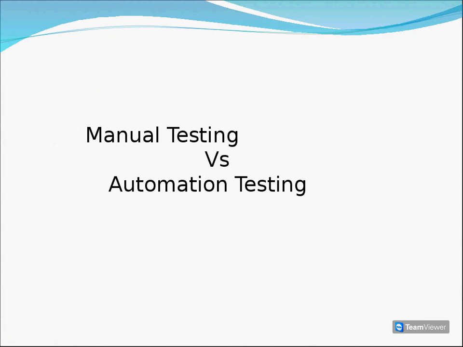Coming to manual testing versus automation testing. Whenever we mean manual testing, we are trying to completely utilize manual resources, which is called the manual testing process. Automation testing is a process in which we are trying to use some automated tools. Let us